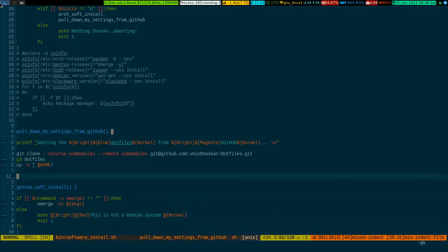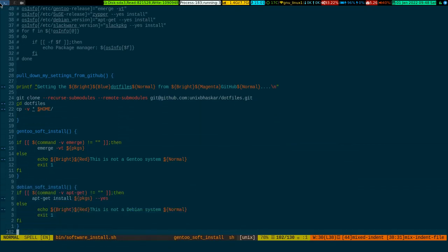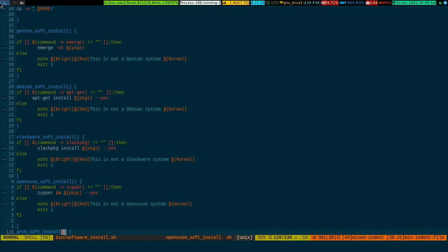This is a simple git clone of my dot file repo from GitHub, absolutely ordinary, with submodules included. Then I call the distribution specific stuff and run it against the package array with the native package manager, with the verbose flag. So for Debian, for Slackware,